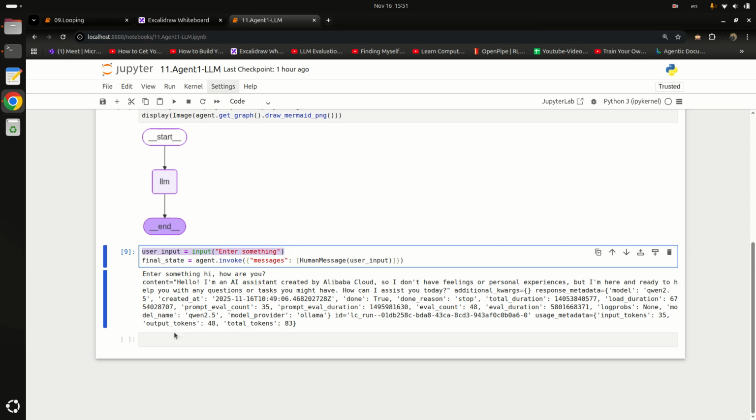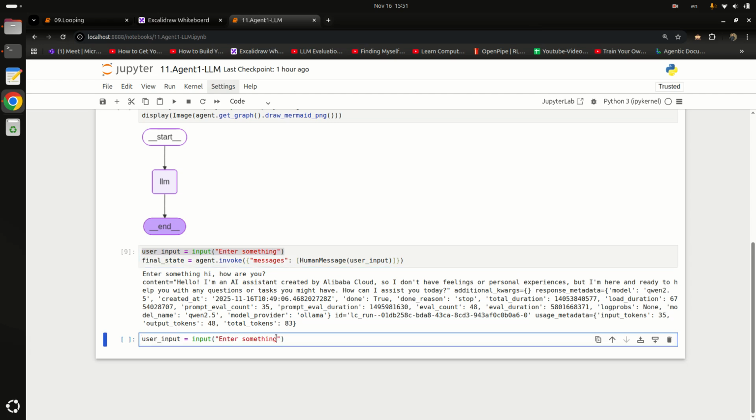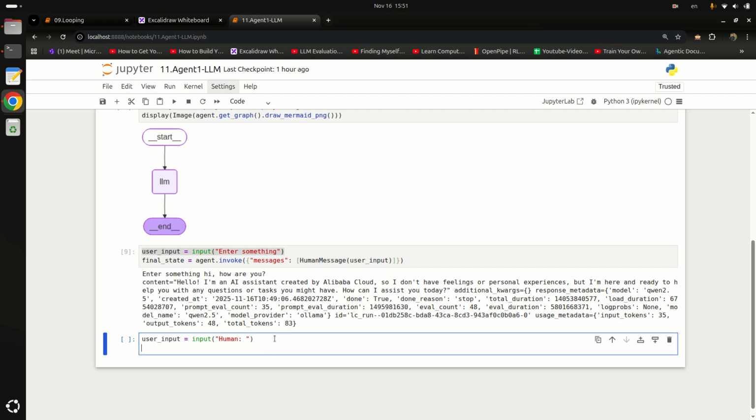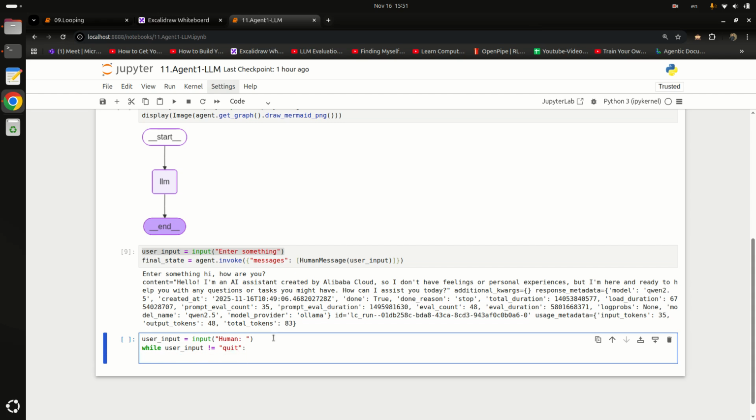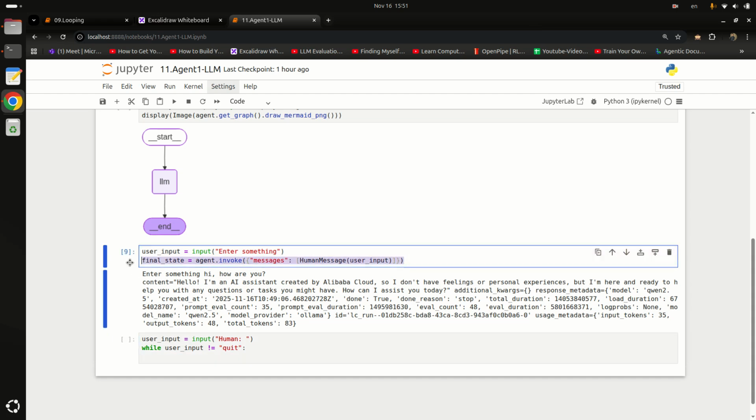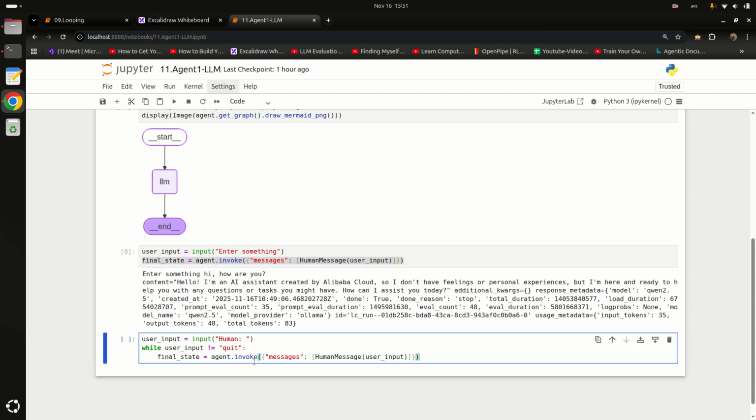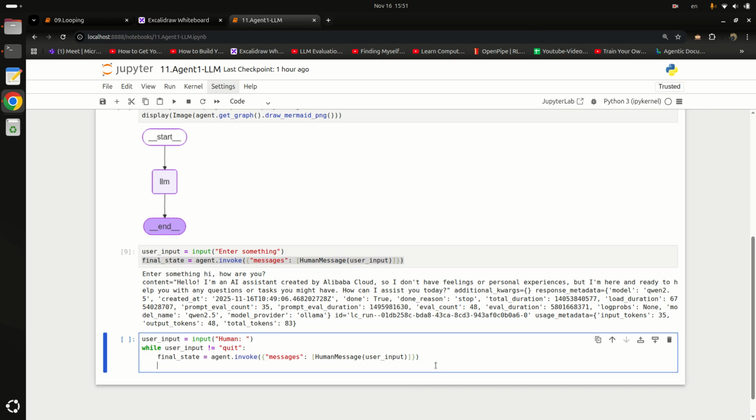To run it in a loop, I will copy this line and write it as human, and I will say while user input is not equal to quit, you have to run this loop, and inside the loop you have to invoke our agent, and after invoking the agent you again have to ask for user input. Let me just run it.